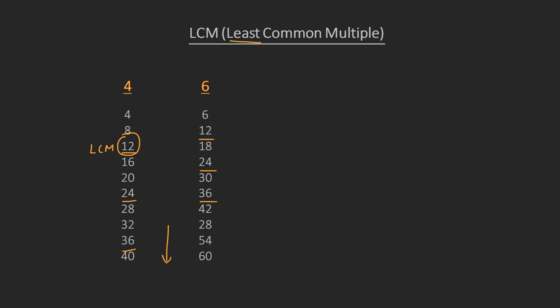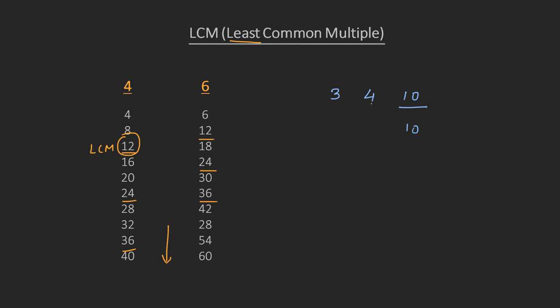Now let's see how we can use this understanding to find the LCM of a set of numbers, starting with these three: 3, 4, and 10. Here's the working rule. You take the largest of the given numbers and go through its multiples one by one, starting from the smallest. It's like the opposite of what we do for the HCF. In this example, 10 is the largest number, and the smallest multiple of 10 is, of course, 10 itself. So we start with 10. But as we go through each multiple in our heads, we need to check whether they are multiples of the other numbers too. Remember, we are looking for a common multiple.